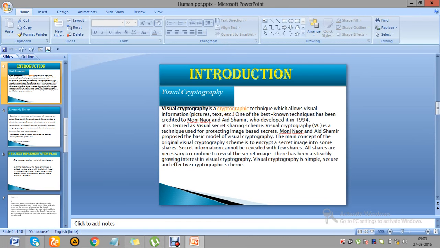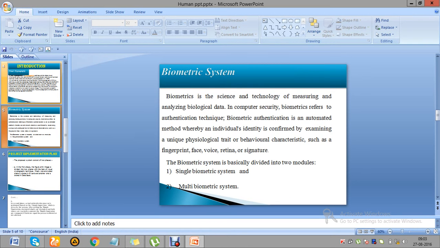What is biometric? Biometric is a sense of technology. Nowadays I am using biometrics in so many things: iris, fingerprint, faces, and more. And I am also doing this project in the RBL section. I know this very well, and I have researched many things in RBL. Biometric is the technology of measuring and analyzing biological data.